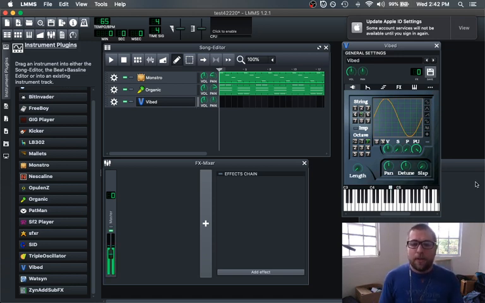So what I'm going to do is turn this into a textured arpeggiator by using the arpeggiator mode here, delay, reverb, things like that. I don't know if I'm happy with this sound yet. What's the S here? Stiffness, position, pickup position, length.